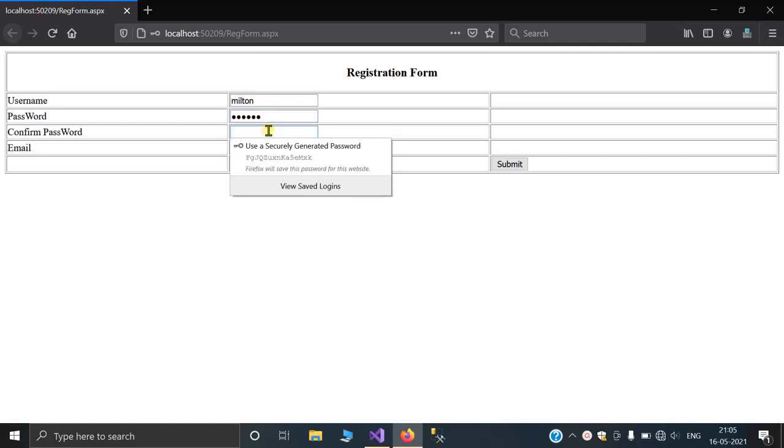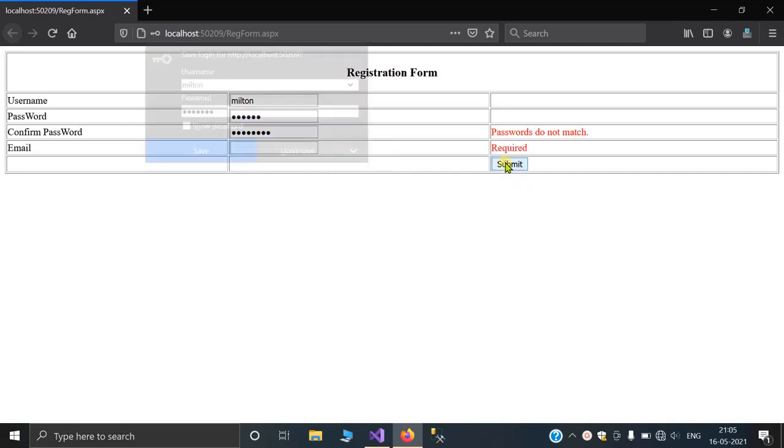Here I will put different passwords, and it will show passwords do not match because I have given two different passwords. If I give the same passwords, then it will show valid passwords.